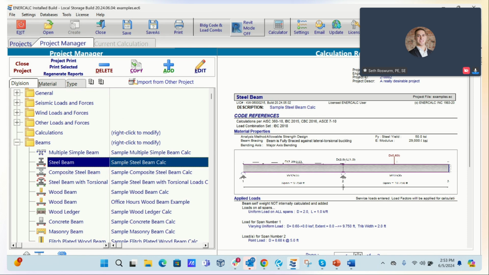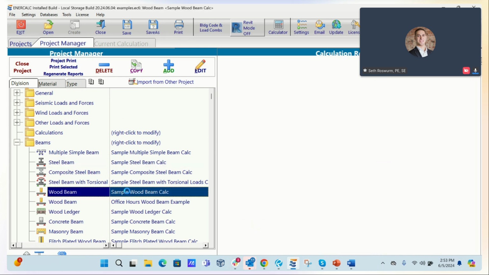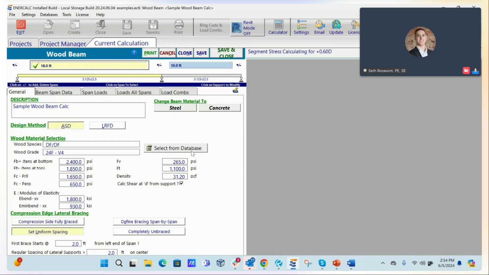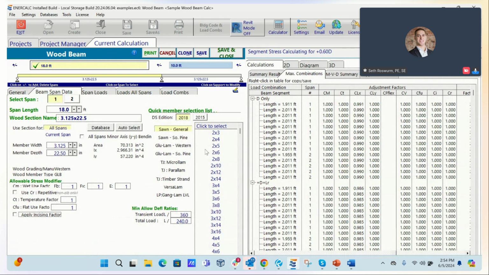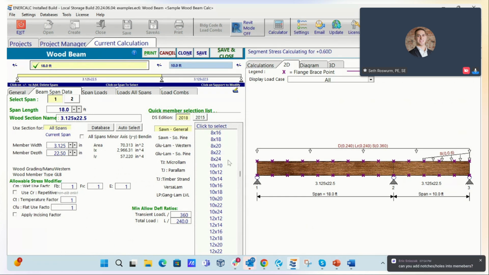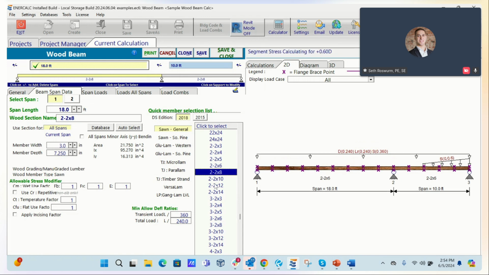You do have the ability, whether you're doing LVL or dimension lumber, to do 2-gang, 3-gang, whatever, of the same size and the same grade. I don't believe we have exposed the capability to do sistering configurations with different sizes or different grades. That's correct. The only thing we have here is that the sistered members have to be of the same size, like 2x6s or 2 plies of 2x8 or whatever.